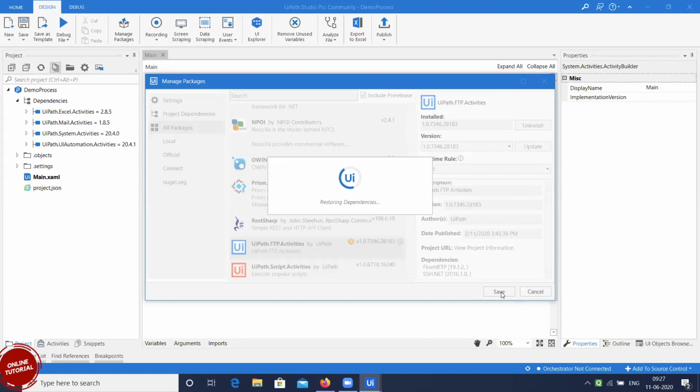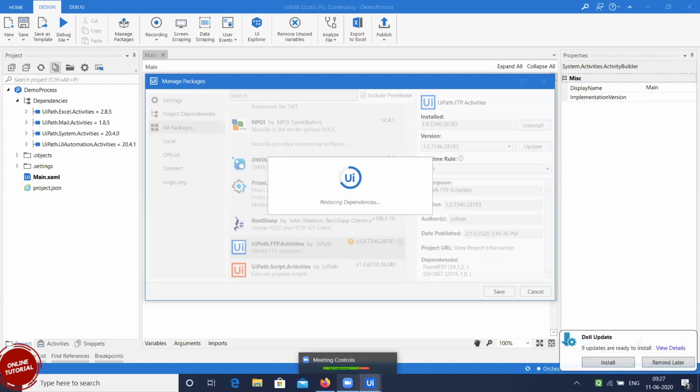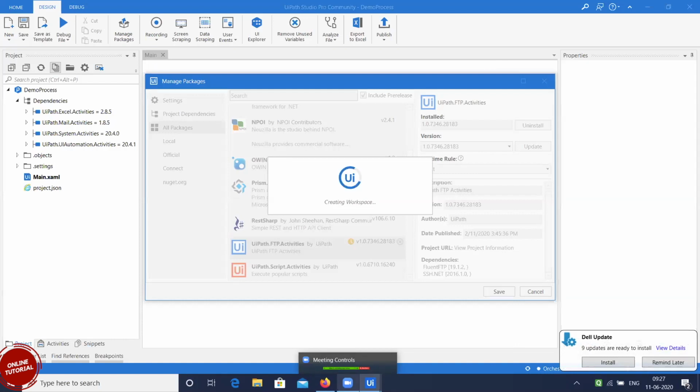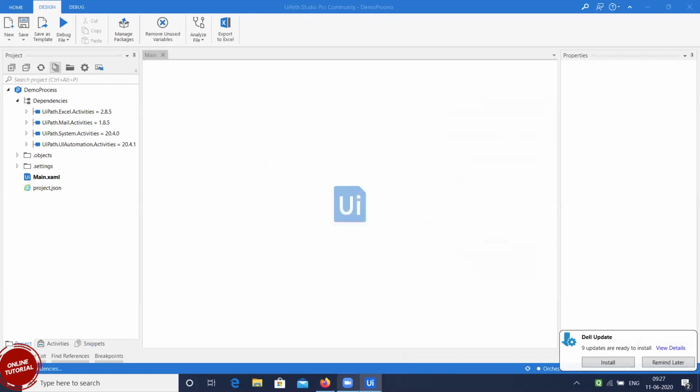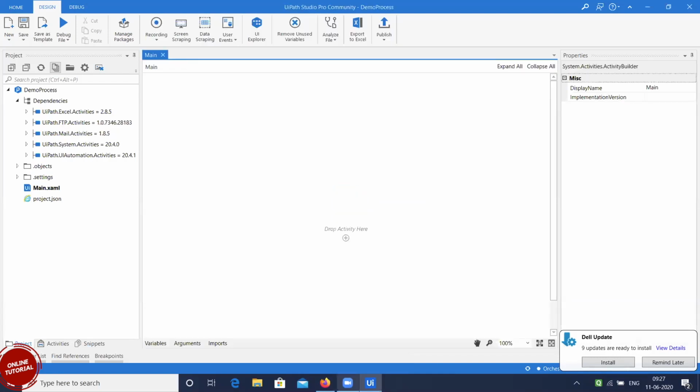So it will download it on my machine. Fine, so this is done. That's how we download the multiple packages as per our requirement.